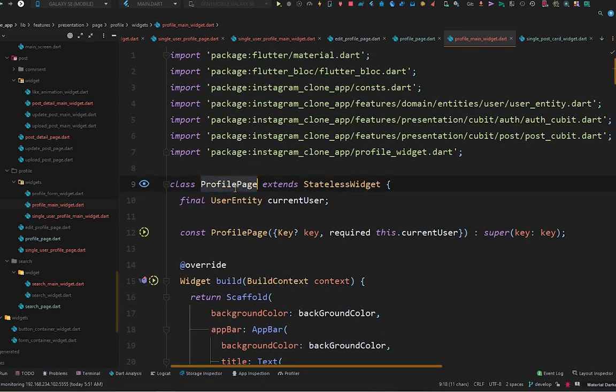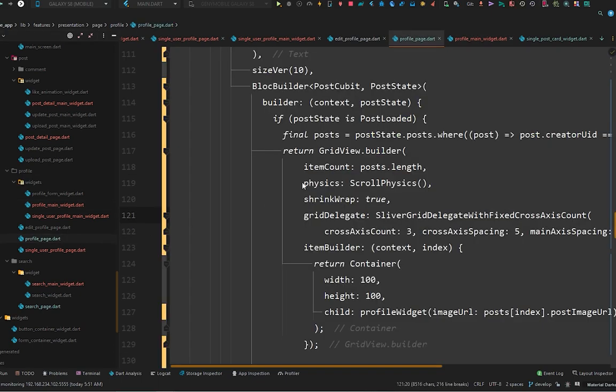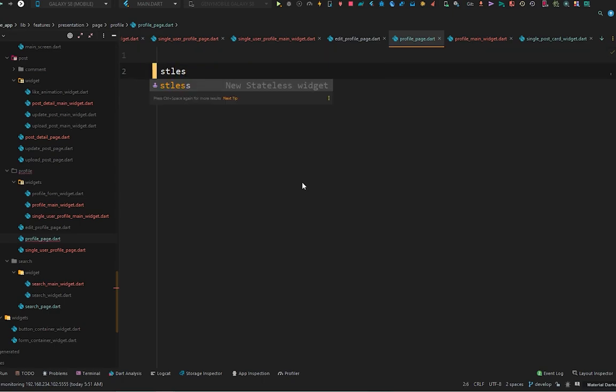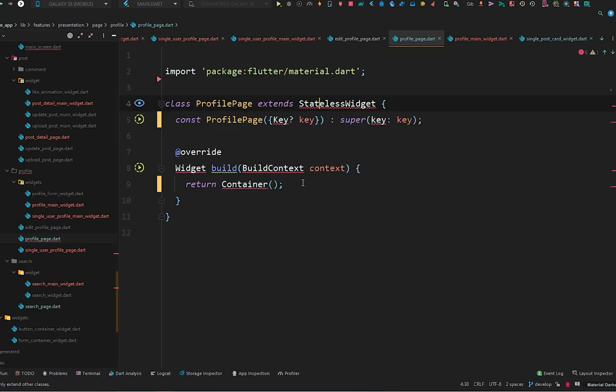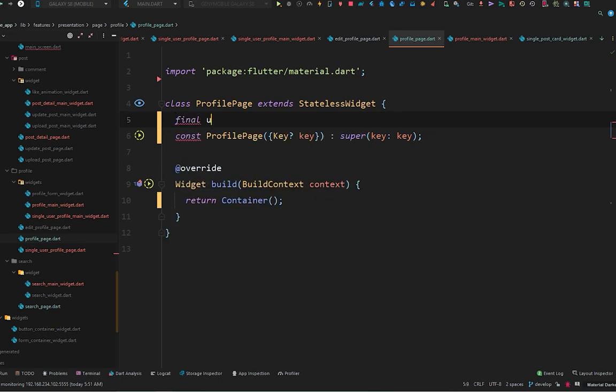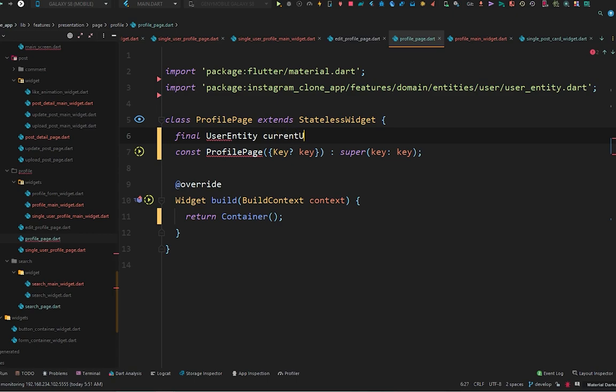So change its name to profile main widget, and in the profile page delete everything, stateless widget, that will be profile page and material import, and final this is going to accept the user entity as the current user and pass it in the constructor, and simply return the